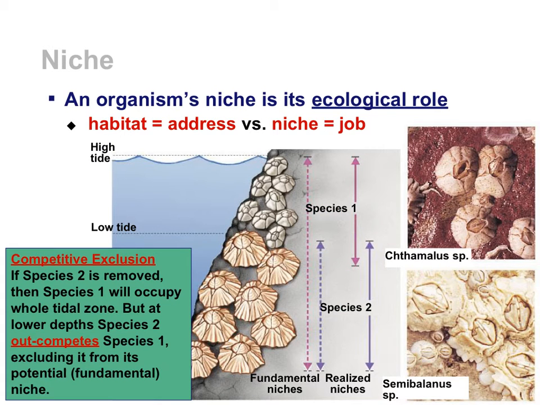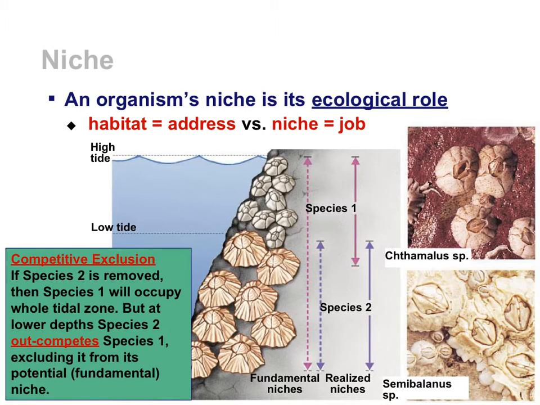When talking about community ecology, we need to talk about an organism's actual place in an ecosystem, and not just its physical habitat or physical address, but the organism's niche, its role, and how it actually fits into all of the relationships in a community. The reason is because its job or its role is going to include all of the resources that it needs to obtain,